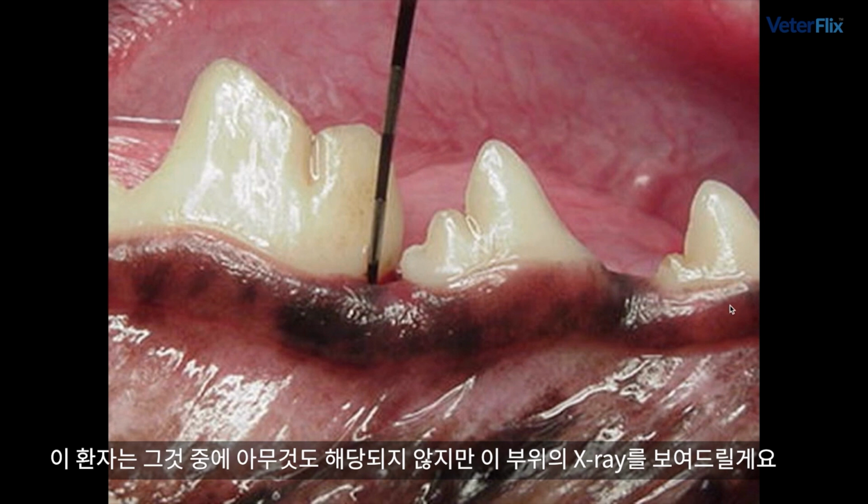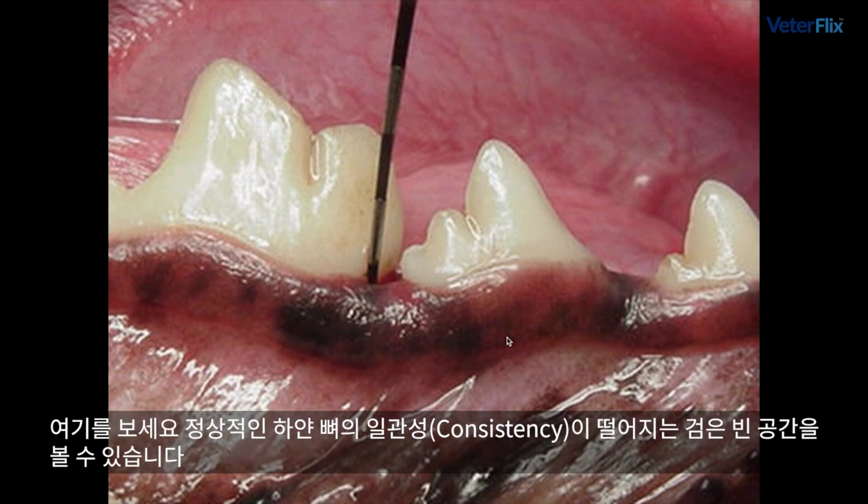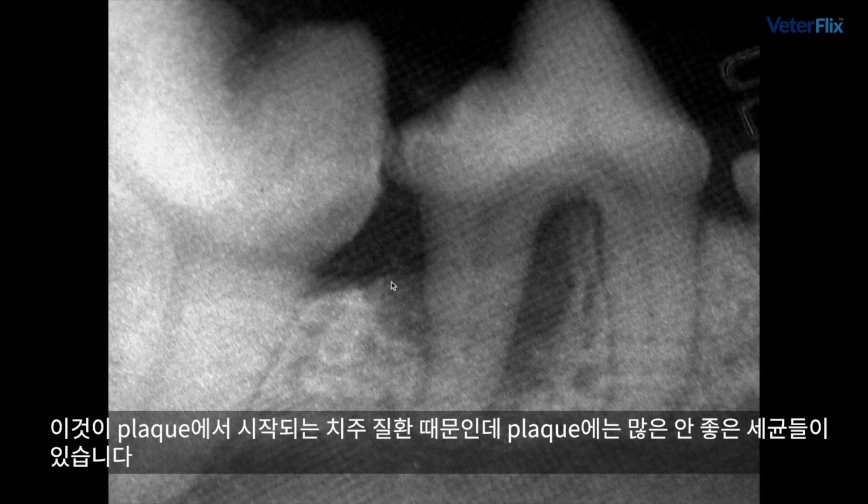So this patient doesn't have any of that, but what I'm going to show you is an x-ray of this area so that you can see how profound this can be in a patient that doesn't even have any outward signs like Fluffy has. So look at this area here, and you can see that there's a black void where this normal white bone consistency is gone. And this is due to periodontal disease, which starts with plaque, and that plaque has a lot of bad bacteria in it